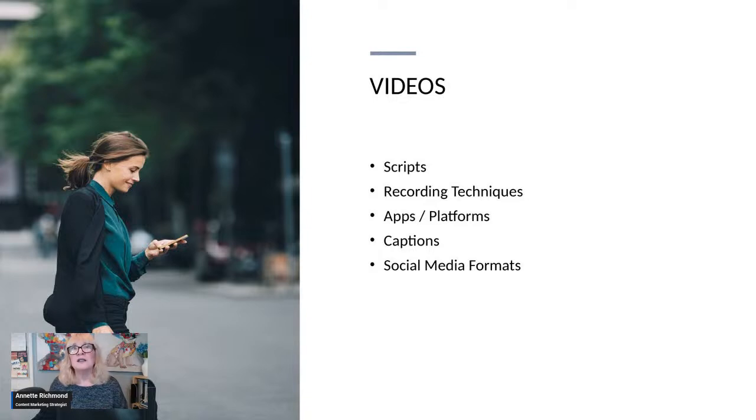You can start off with, "Hi, this is the tip that I have for you," and then stop and record the next line. This allows you to not have to memorize anything, not have to use something like a teleprompter. And also, if you do make a mistake, you only have to re-record one thing at a time.